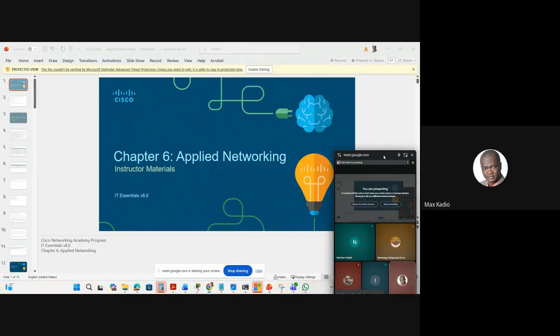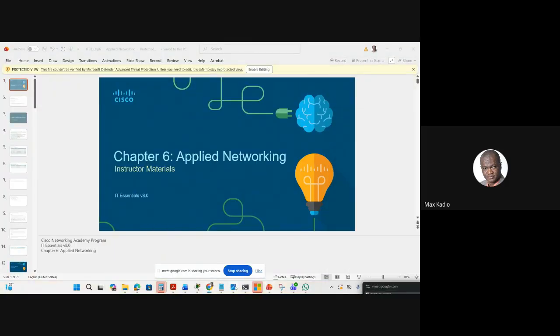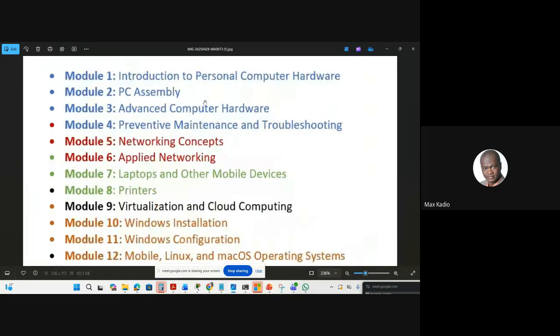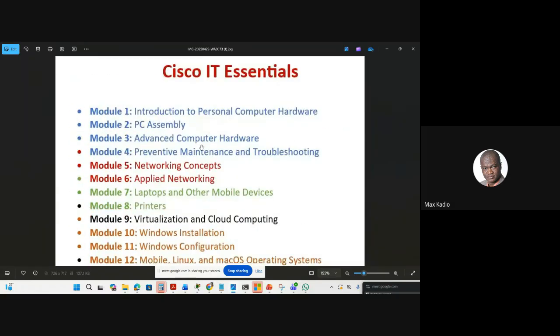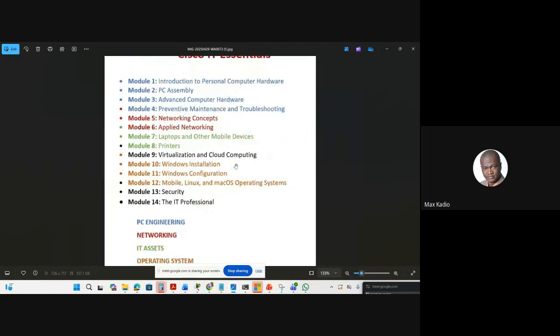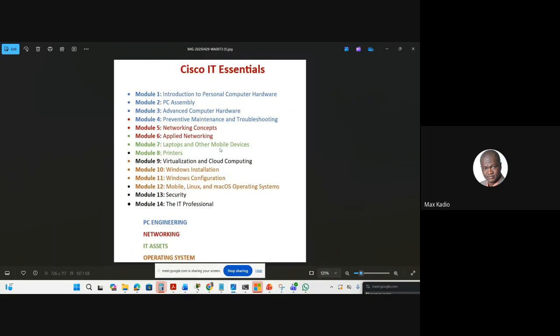Applied networking. So how far are we now? So we started with chapter 1, 2, 3, 4. Now, chapter 1, 2, 3, 4 is about PC engineering. Then chapter 5 and 6 is introduction to networking, computer networking. So it's very, very important for any